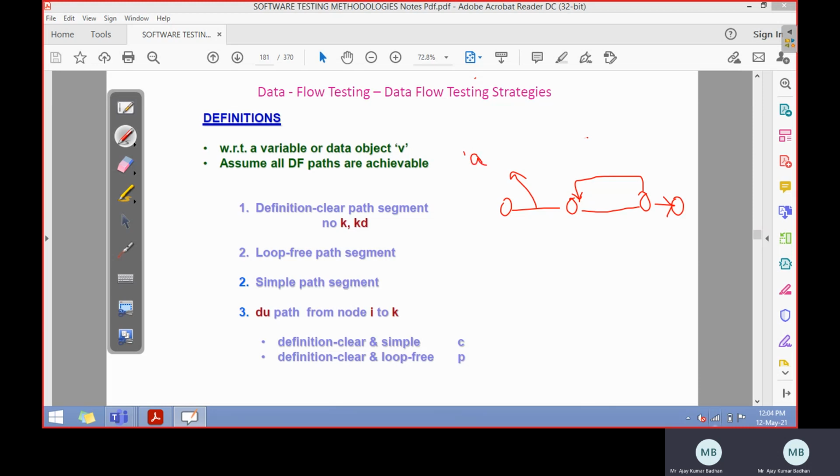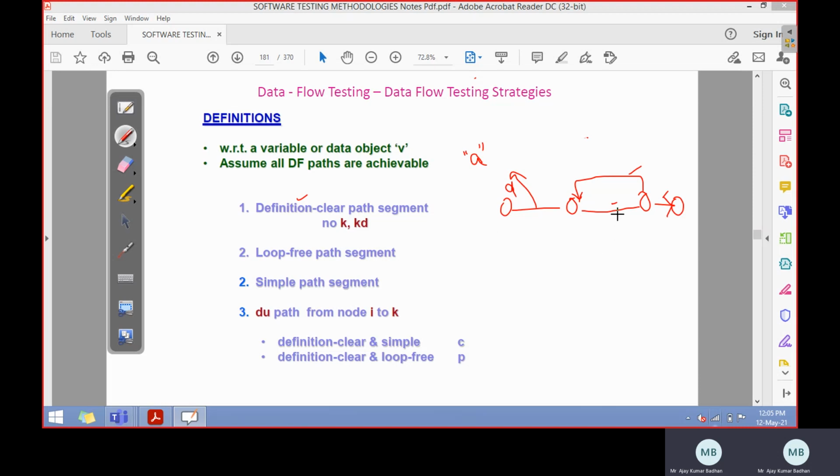Suppose I am using some variable a, I define it here, and after that, in the subsequent links, I am neither going to delete it, nor kill that variable, nor redefine it. That is not going to take place here. It will simply be declared initially and then used, but wherever it is used, this variable will not be redefined anywhere, nor killed. That is what he is talking about here, definition clear path segment.